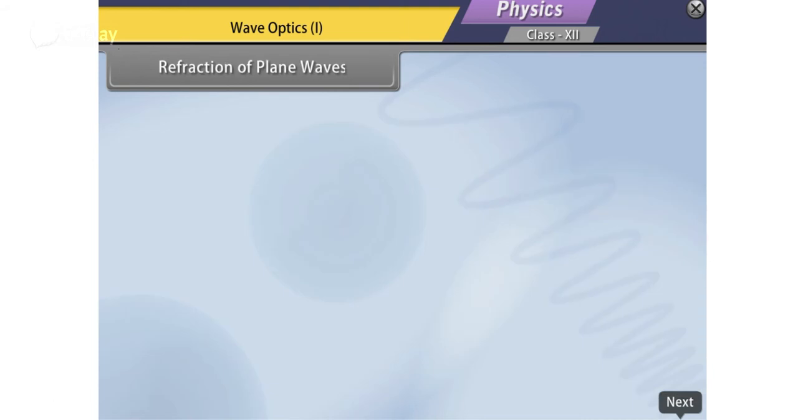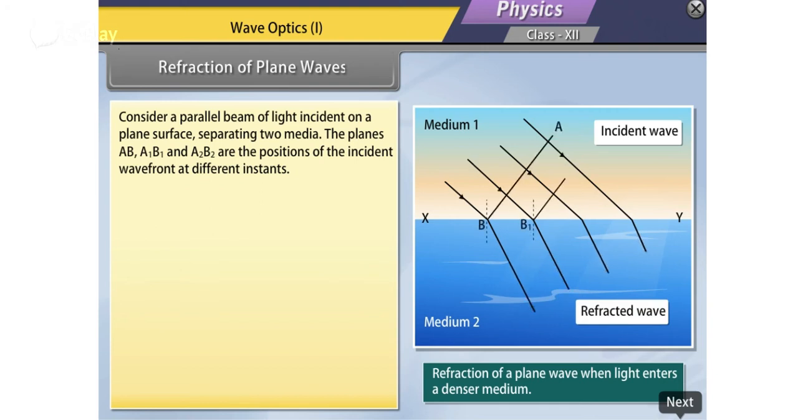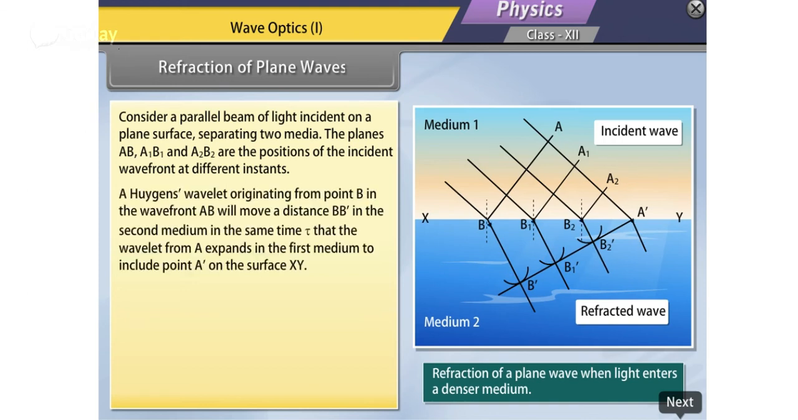Refraction of plane waves. Consider a parallel beam of light incident on a plane surface separating two media. The planes AB, A1B1 and A2B2 are the positions of the incident wavefront at different instants. A Huygens wavelet originating from point B in the wavefront AB will move a distance BB' in the second medium in the same time that the wavelet from A expands in the first medium to include point A' on